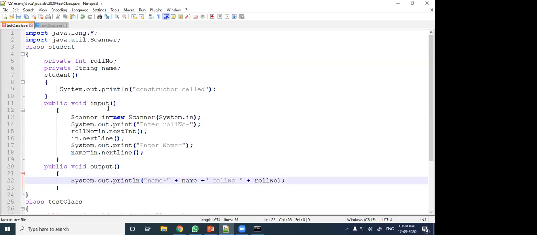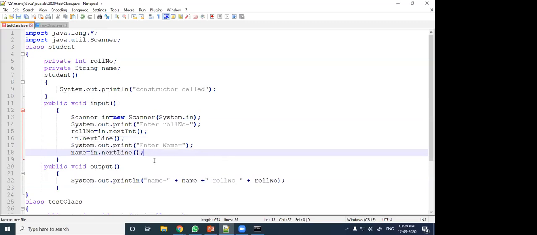Public void input. Inside the input function, I have created one input object, and through the input object I have entered the integer data and stored it. And this thing I have written, you know for what purpose: to ignore the buffer and the null new line character. After that I am entering the name. Name will be stored here.